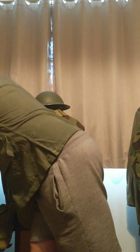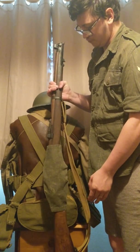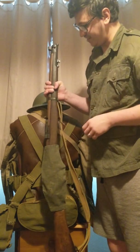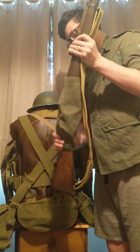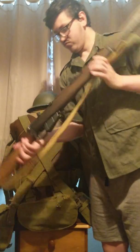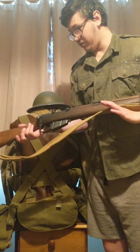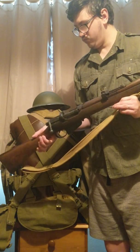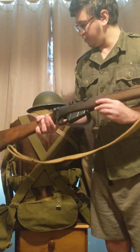Obviously the standard service rifle would be the Lee Enfield service rifle. So this one is a #1 Mark III Star. This one's a 1918 one, made by BSA. Sorry, just opening the breech cover. So for anyone who doesn't really know the Lee Enfield, hopefully most of you do, it is a 10 round box magazine rifle, bolt action,